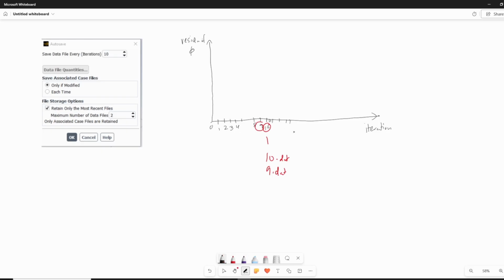11, 12, 13, 14, 15, 16, 17, 18, 19, 20. And then after the next 10 iterations, at the 20th iteration, Sysflown will remove this one and just keep data number 10 and data number 20, because it will only keep the most recent 2 files, and then the simulation will continue 21, 22, 23 up to the 30th